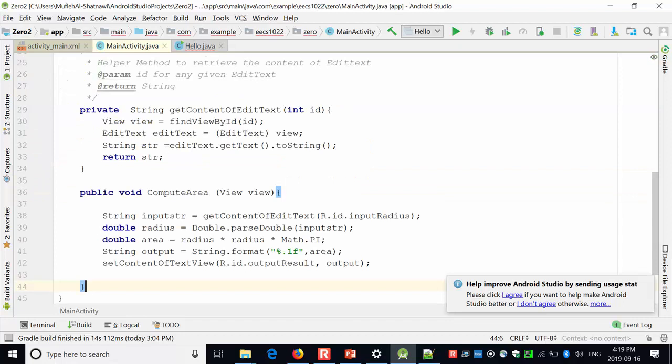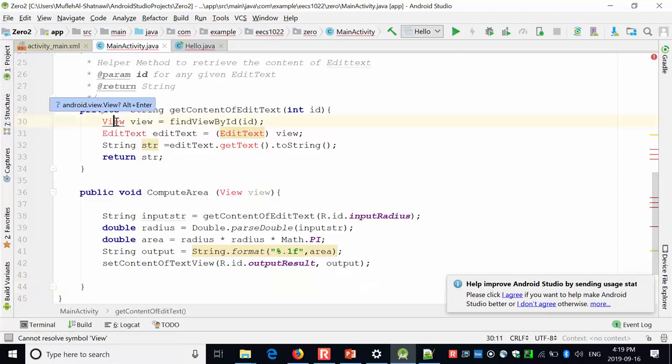I put them inside the Java, copy paste, and that's why the model view control allows me to modify each one of them separately and integrate it in the app. You can see here there is some redness, the red font. That means the package is not imported. So I can just press Alt with Enter,